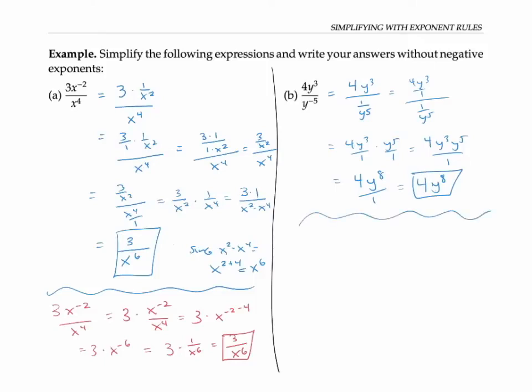Alternatively, I could decide to use the quotient rule first. As in the previous problem, I can write this as 4y cubed minus negative 5 by the quotient rule, and so that's 4y to the 8th, as before. I'd like to show you one more method to solve these two problems, kind of a shortcut method, before we